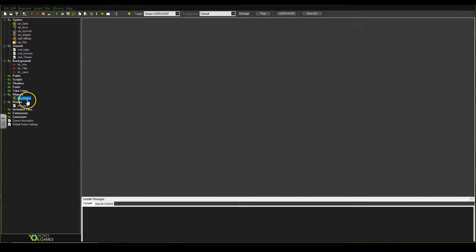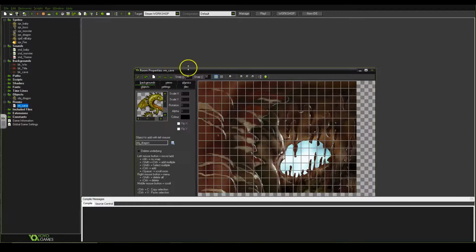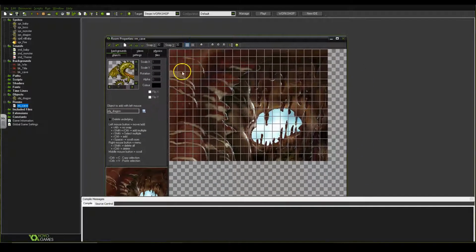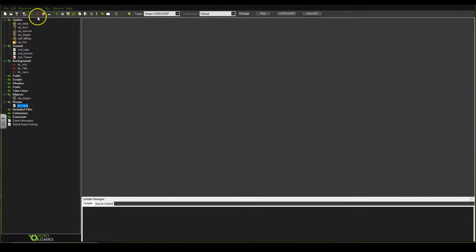So now we have an object. Let's go back to our cave. Double click back in our cave, and we're going to add our dragon into this room. Our objects, we have this object dragon here. I'm going to click once on that. I'm going to put this dragon, our main character, on the left side, like right here. That should be good. That's all we're going to have here. We're just going to say OK. From there, let's go ahead and run it and see what we have with the events that we put in there. So we can test it out, and as it compiles,